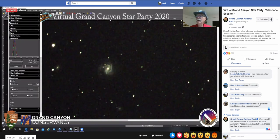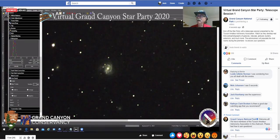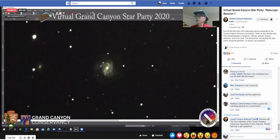And I'm going to do a live stacking. Average stacking reduces the noise in the image. So a lot of this fuzziness that you see in the background area here will start to disappear as that live stacking kicks in. So I'll move that back out of the screen here. Just wanted to give you an idea of how that worked. And here's M61. Now M61 is a nice little barred spiral,